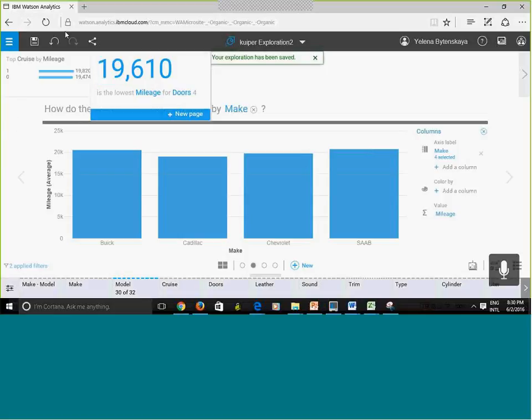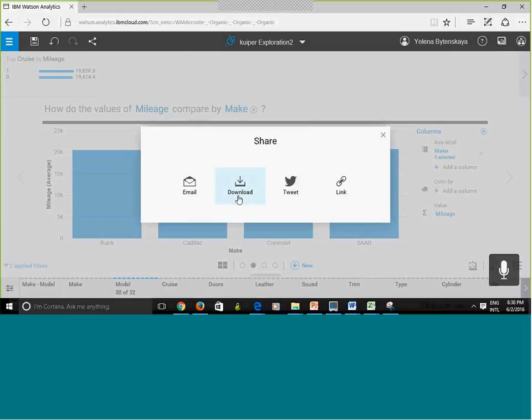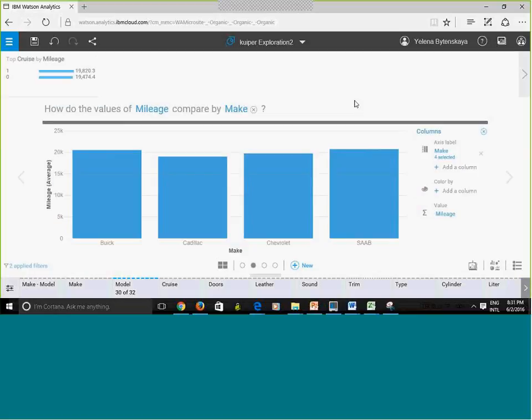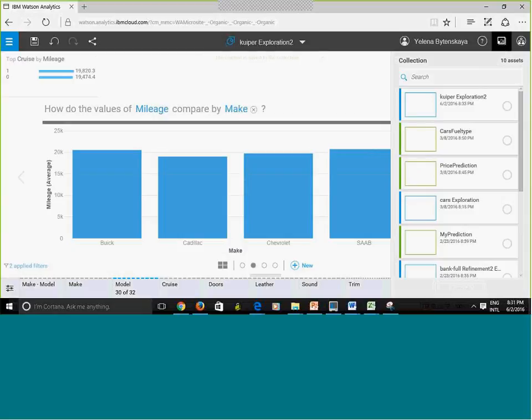Another thing that you have here is, you can share your work by email, or you can download the work as an image, right? You can download this graphic, this chart as an image. Another thing that you can do is, suppose that I really like this graph, and I want it to be part of my presentation, part of my dashboard that I'm going to create. See this? This will save this to collection. I'm going to hit collect, and if you notice right here, this is a collection.